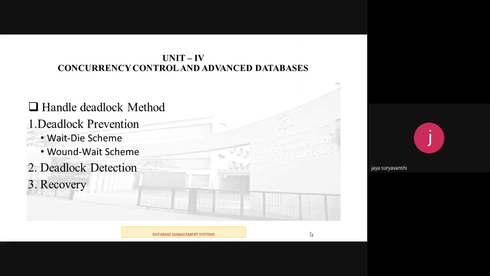a data item. Suppose we consider the transactions T0 to Tn. In this case, transaction T1 is waiting for transaction T2, T2 is waiting for T3, and so on. And the last transaction Tn is waiting for transaction T0 in a cyclic manner. So a graph is generated among the transactions. Each transaction is dependent on the next transaction, and so on.